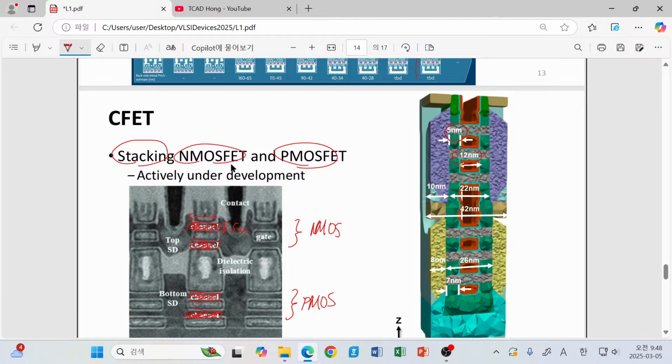So from one end to the opposite end, there will be just 42 nanometer length. Right now, in our current technology, like 5 nanometer technology, this length scale is about 50 nanometer or even longer. It means that 10 years later, we will have